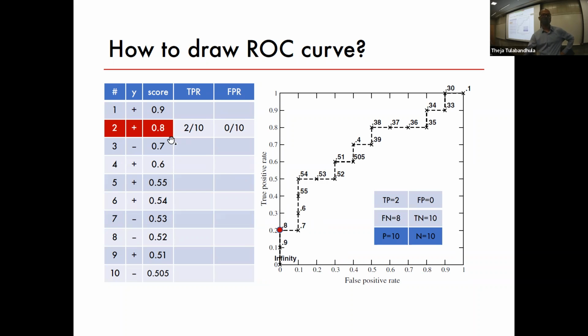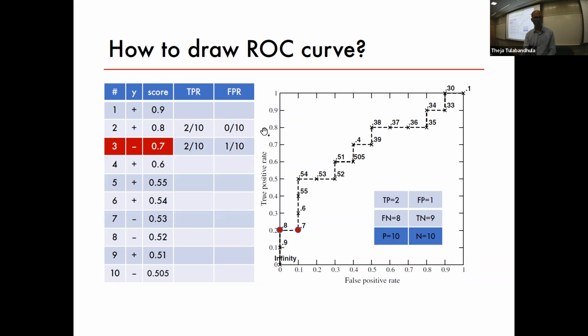Okay, so now let's proceed forward. So next we stop again at a location which is row 3, only because there's one more sign change happening in the next row. So we just stop right before the next sign change. So at row 3, let's say we put a threshold of 0.7